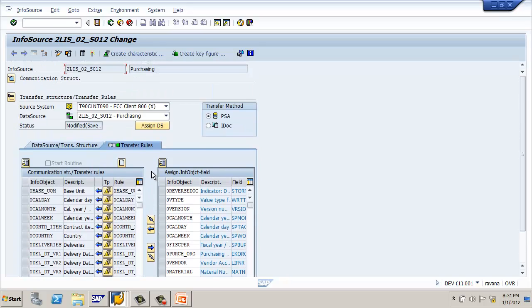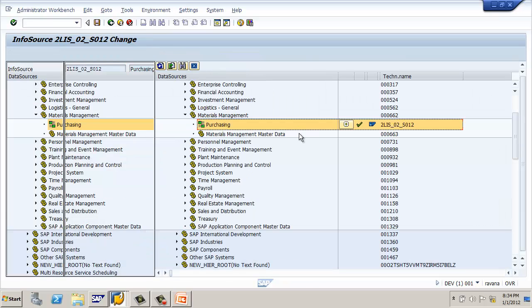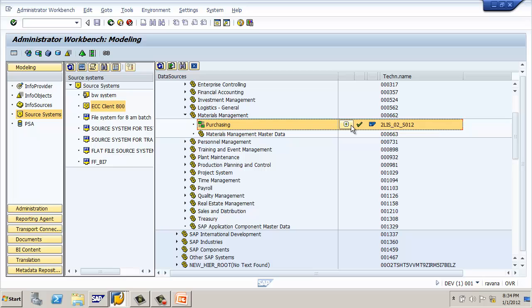So generally we have to get this into SAP BI content, but in our example, since our data source is already activated, we're getting windows that are not displaying properly. Let's do one thing. Let's select another data source, because this data source is already activated. Let me select one more data source which is not activated, so we can work with that. Okay, go back,